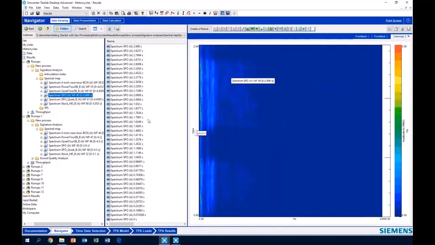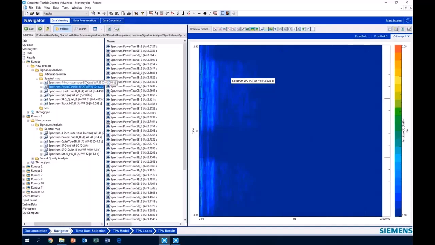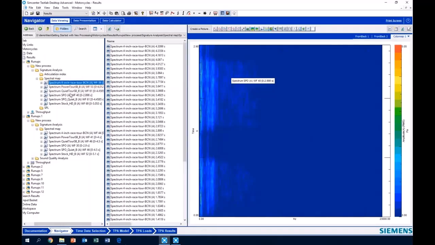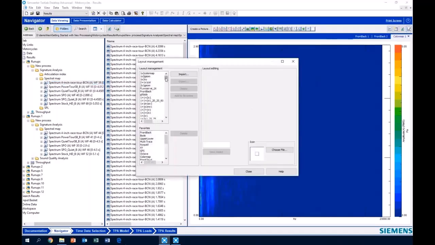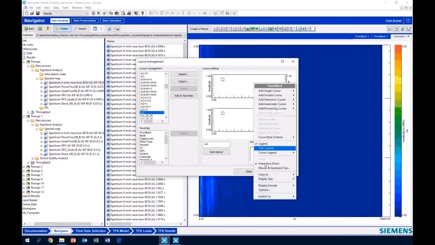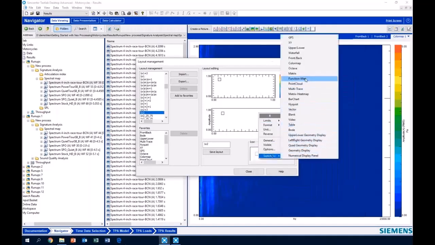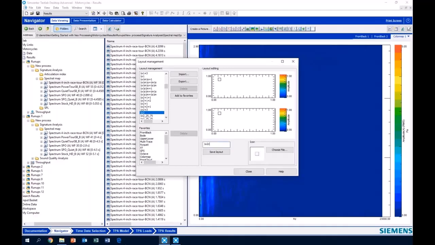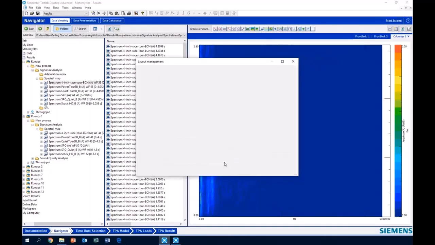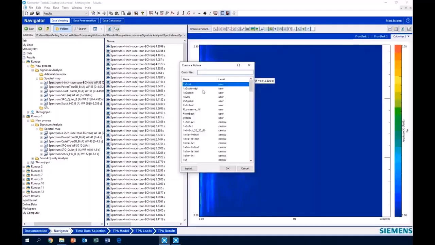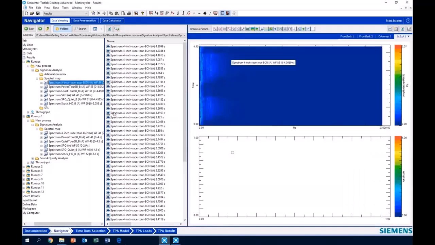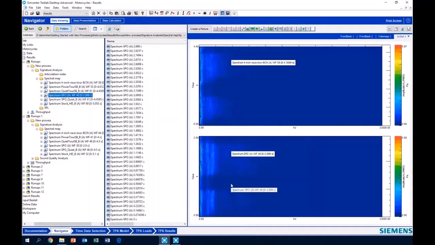If I needed two color maps because I wanted to compare these, I guess they're two different motorcycles together, I'd have to go up here to this layout management, and I would have to select something like existing layout with two things, do a switch to color map, switch to color map, create this display, and then I would be able to drag in and view two different color maps. That's a little bit about Test Lab Classic.